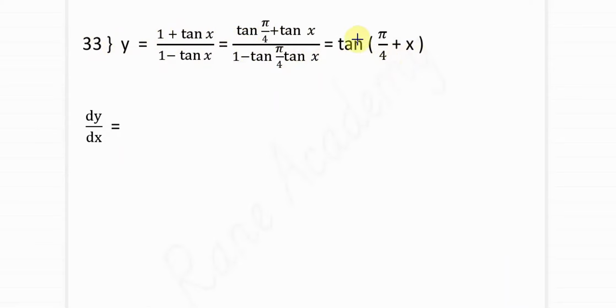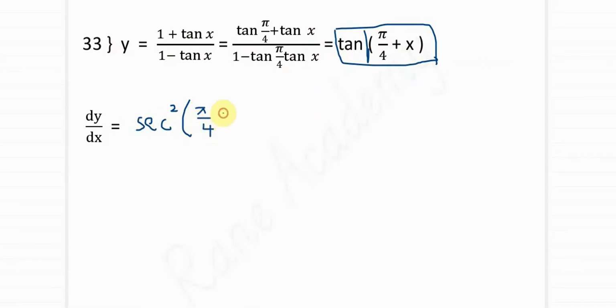So now we differentiate. So this is the outer function, and inside that we have this inner function. Now pi by 4 plus x, so pi by 4 is a constant, derivative 0, derivative of x is 1, and derivative of tan x is sec square x. So the answer is sec square of pi by 4 plus x. So if you know the standard result, you can simplify the function, you can easily differentiate and get the answer.